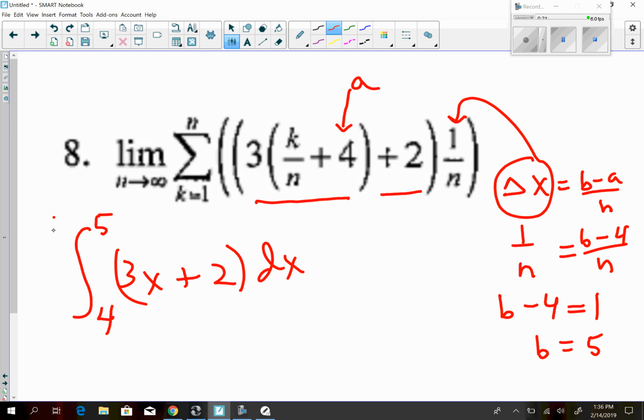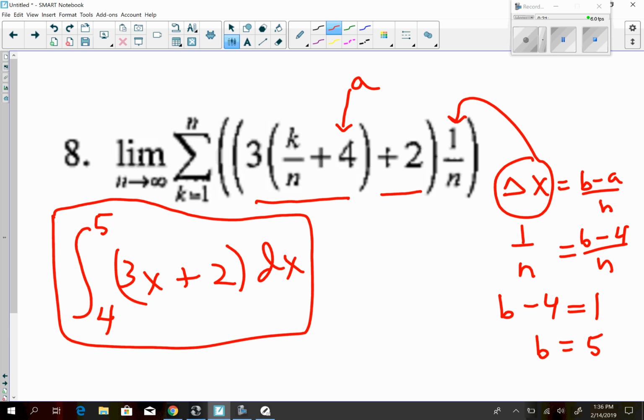The integral from 4 to 5 of 3x plus 2 dx. And you should work this backwards to verify that that's right. So due to this integral, what we just did